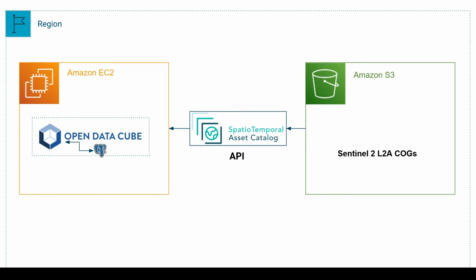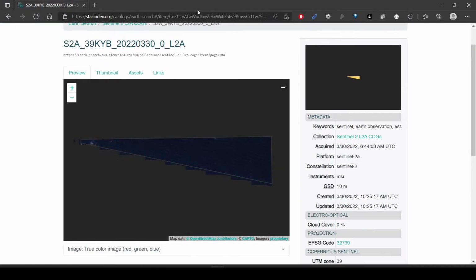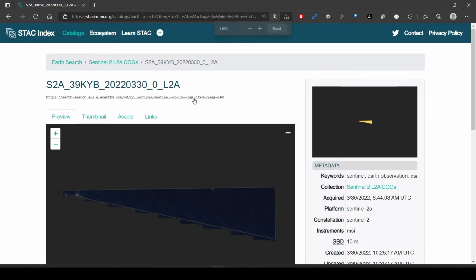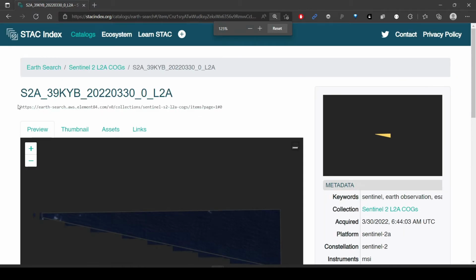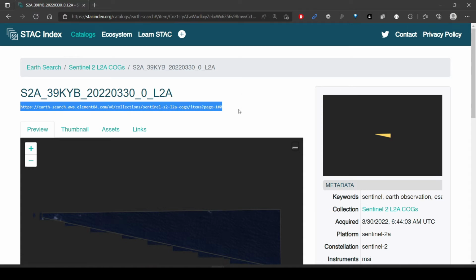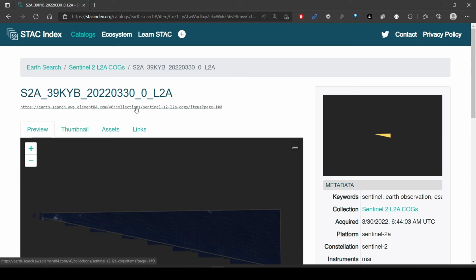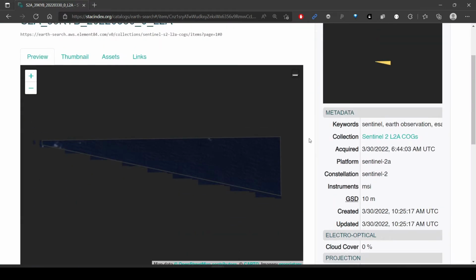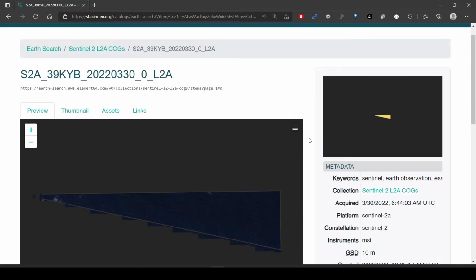Sentinel has a STAC catalog, which I can show you right here. So this is a Sentinel-2 L2A COGs STAC API. You don't have to worry about the collections and all these. What it essentially does is provide a way to index your data. It is a way to describe essentially every element of your data.